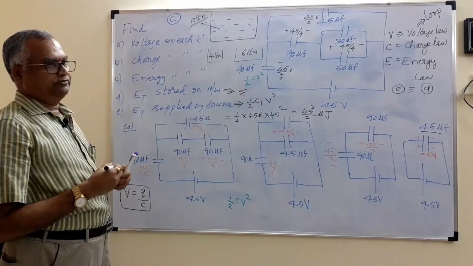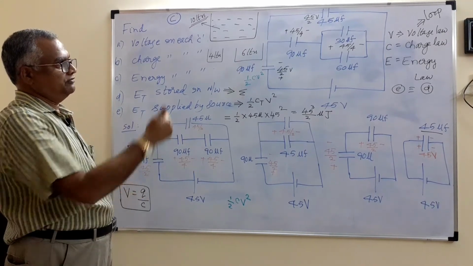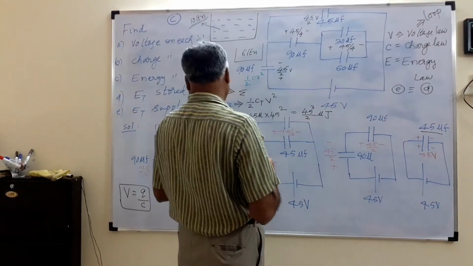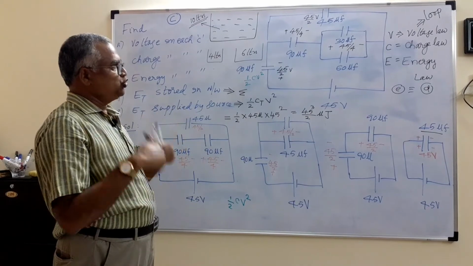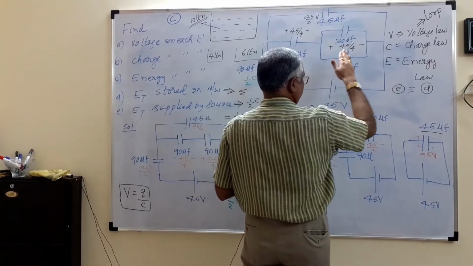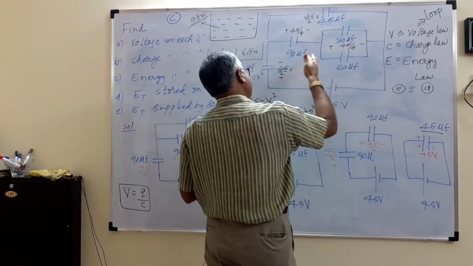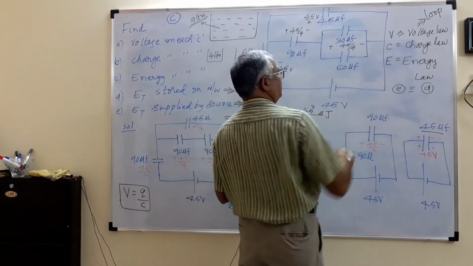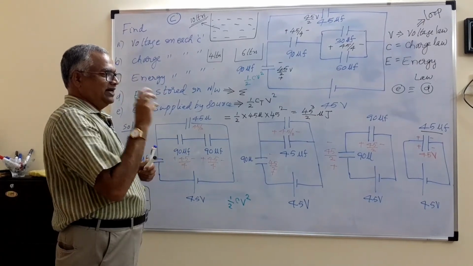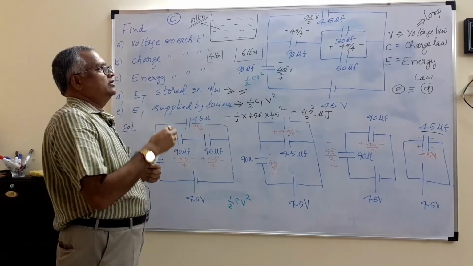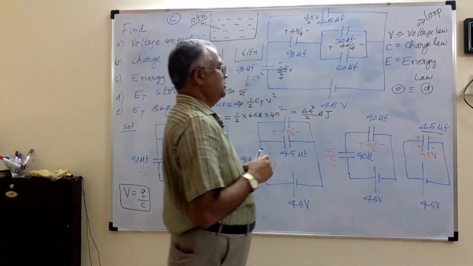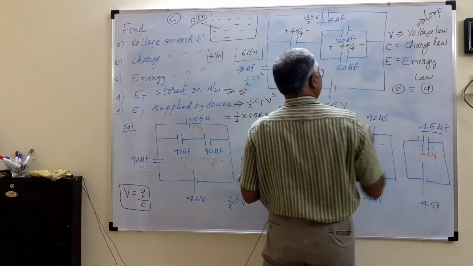One beauty of this subject is that you can check answers yourself with the help of those laws. That is the advantage of the laws. Any capacitive network we should understand with the help of these laws. The circuit will not work as per the law; we are understanding how the circuit works with the help of the laws. Be careful on this point. That is the powerful advantage of these laws.